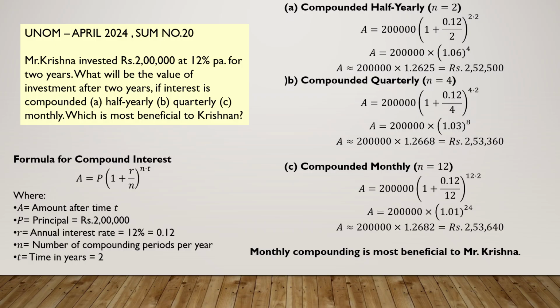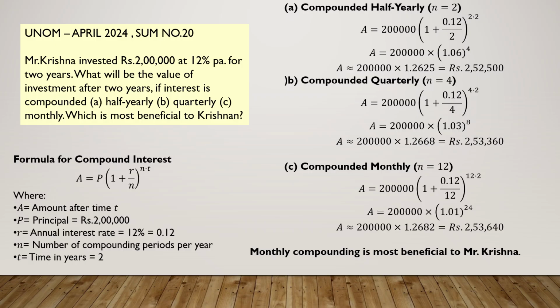See, first we will calculate the compounding interest for half yearly. Here the N will become 2. So A is equal to principal, that is 2 lakh into 1 plus R is 0.12 divided by N will become 2, whole to the power of 2 into 2, that is not 2.2, 2 into 2, which is 2 multiplied by 2, that will become 4. So when we are calculating this, we will get 2,52,500. So when Mr. Krishna is investing 2 lakh rupees at the rate of 12% for 2 years at the half yearly compounding interest, he will get